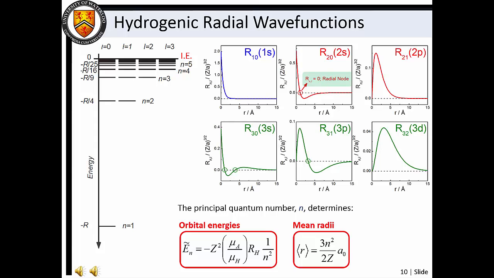A plot of the orbital energies for the hydrogen atom is shown on the left. Here we see that there are an infinite number of quantum states that converge to the ionization limit. Note that the orbital energies are, to a first approximation, dependent only on the principal quantum number, and that the energy expression is the same as the one derived by Niels Bohr. We can also define a mean atomic radius, which is an averaged value owing to the uncertainty in the electron's